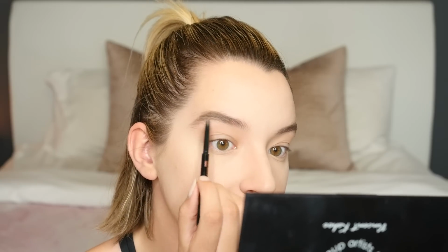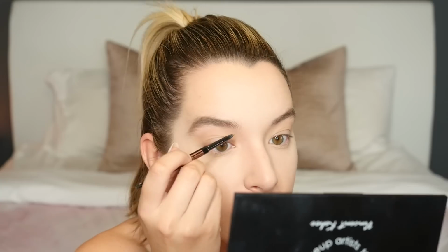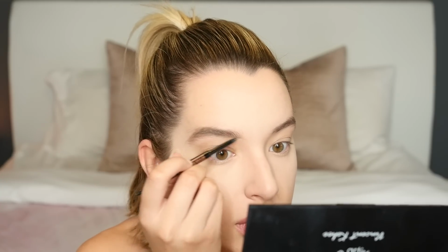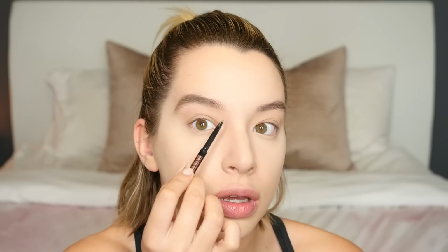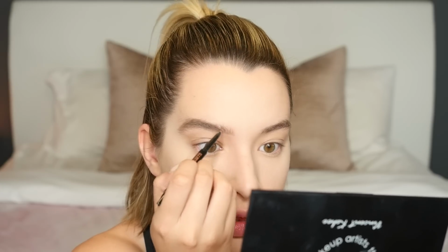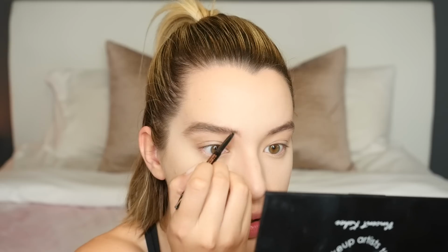And again, up close, this might look terrible, heavy-handed and all that, but from stage, that's what matters. So I'm gonna even bring this brow inward and fill in the front with some hair strokes. But again, I'm pressing so hard. So I look crazy, but I promise I won't. This is definitely one of those processes that you look nuts until the very last step and then you're like,